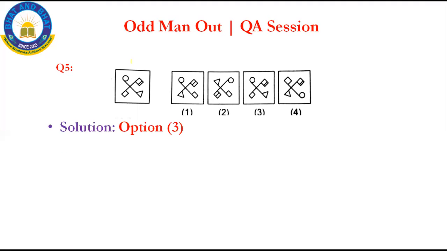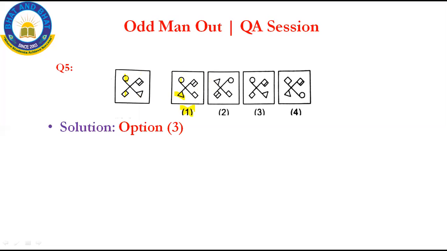Let us see this. A circle, then the flag shape, then a triangle, and then your rectangle. Okay, go with option 1. Yes, circle, and then here it is your rectangle, but here it is a triangle. Can you see here? It is a rectangle, here a triangle. So option 1 is wrong. Go with option 2.